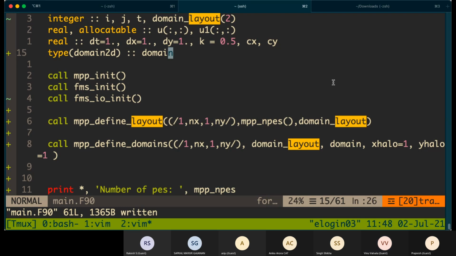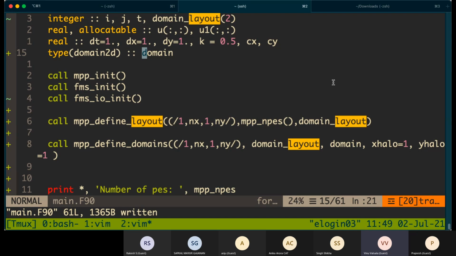So basically, all the information about your domain, about your domain decomposition, will be there in this variable. Everything related to your domain decomposition. How many processors are there? How the layout is? Who are the boundary processors? Who are the neighboring processors?